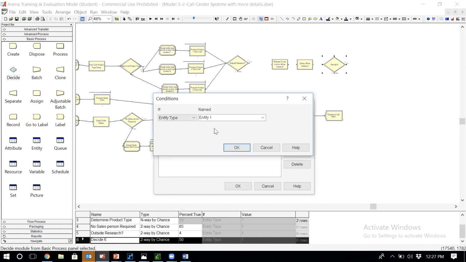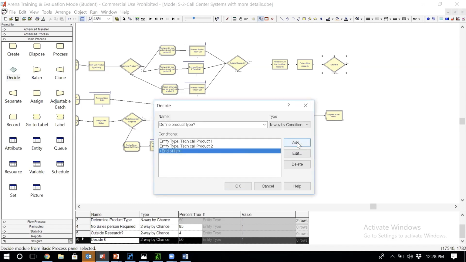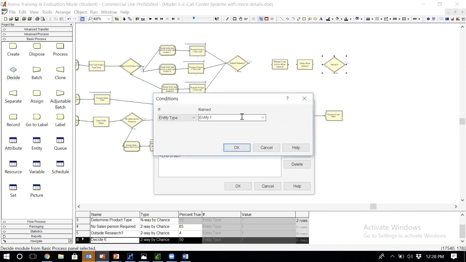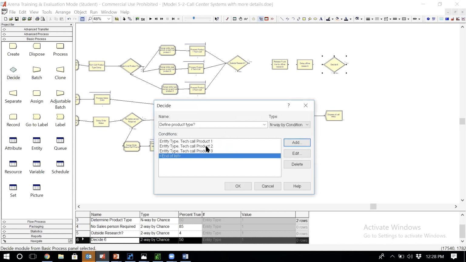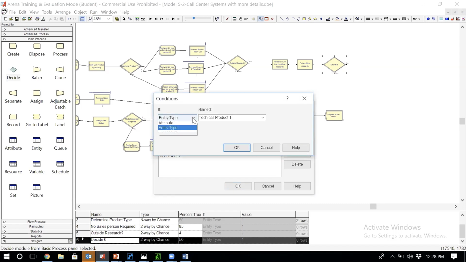Second condition, if their entity type is tech call product 2, then send them to a different route. And the third condition, if their entity type is tech call product 3, send them to a different route. Okay, I did that. However, if you have some other things other than entity type, for example,